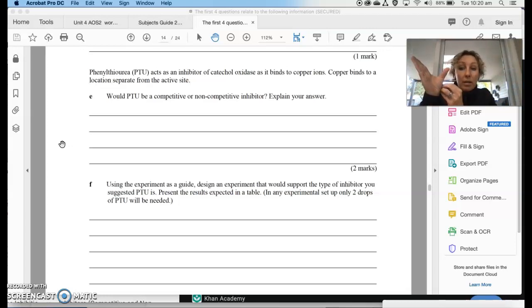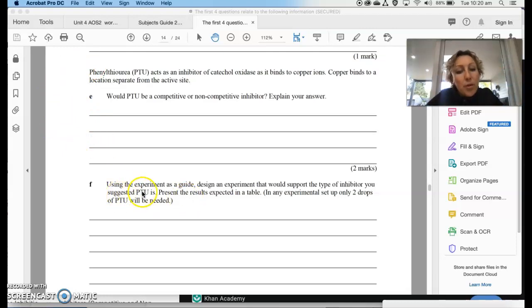So remembering that a competitive inhibitor, if this is the active site, will sit in here and block the substrate from binding to the active site. Whereas a non-competitive inhibitor will bind somewhere else on the enzyme, which is actually what this one says. So PTU binds to copper ions, which binds to a location separate from the active site, so here. And what that will do is cause a change in shape in the active site, preventing the substrate from binding. So I would draw that as a cartoon up here